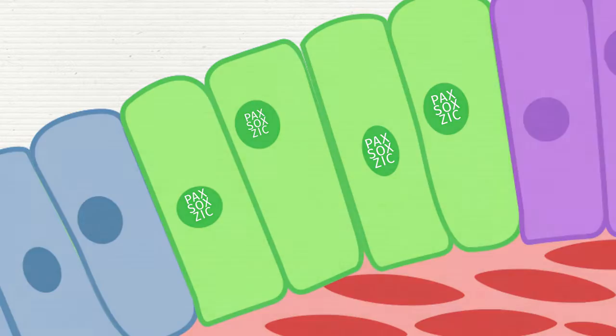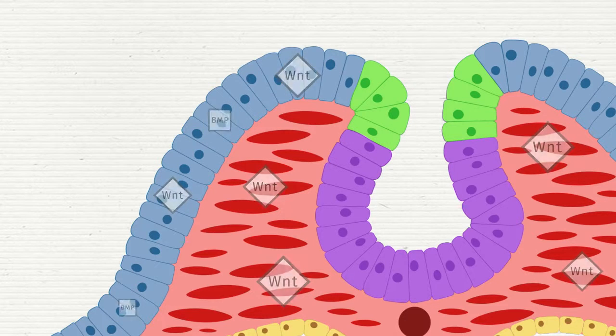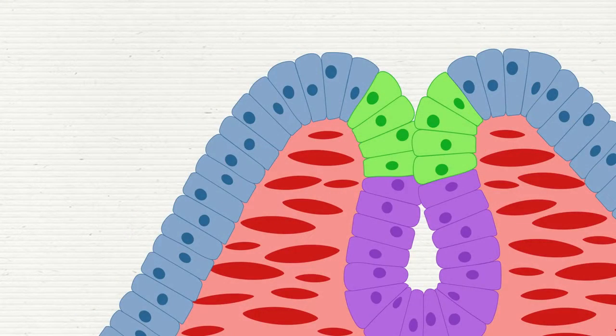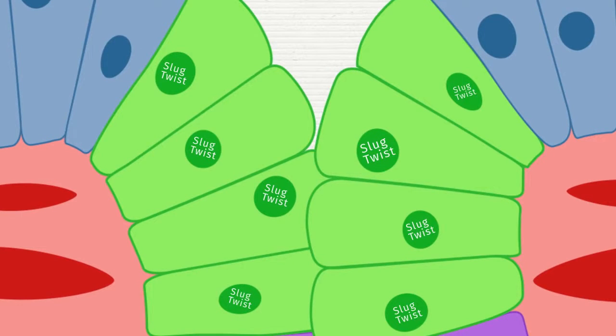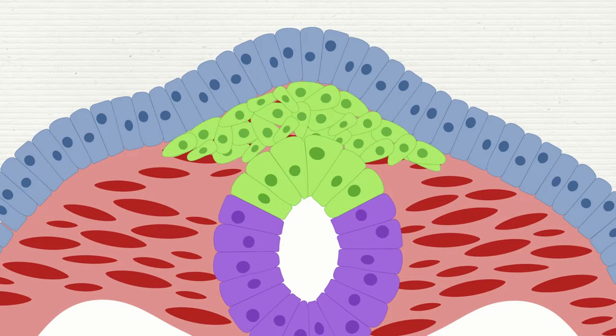In a second phase, during neurulation, Wnt signaling from the ectoderm and mesoderm and BMP signaling from the ectoderm promote a second set of transcription factors called the neural crest specifiers. These are SLUG and Twist. The neural crest specifiers are very important as they control neural crest behavior from epithelial to mesenchymal transition, migration, and differentiation. Once formed, the neural crest cells undergo epithelial to mesenchymal transition, start delaminating into separate cell populations, and attain